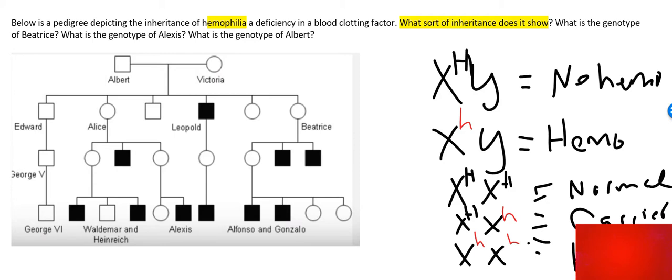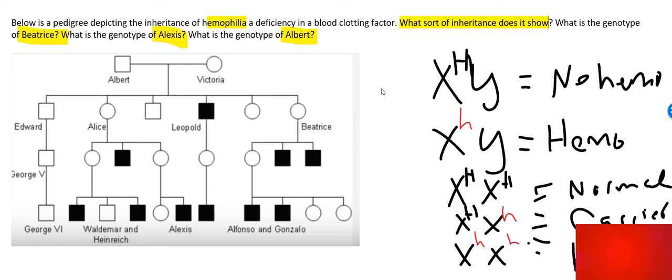So again, the first thing that you're going to want to do is start to label your genotypes for people. Before you do that, you're going to focus on who they're asking you for. So they're asking you for Beatrice, who is over here. They're asking you for Alexis, who is over here. And they're also asking you for Albert, who is at the top up here. Okay, so luckily,